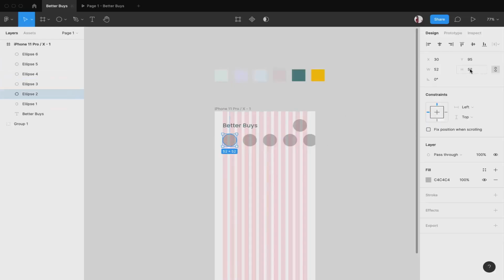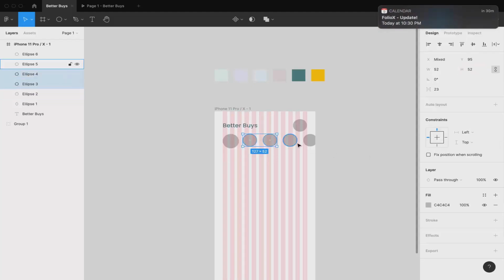Now I want this a little bit bigger, so I'll make it 50, or maybe a 60. I'm sorry for that, so maybe 60 sounds better. On the height to be 60.